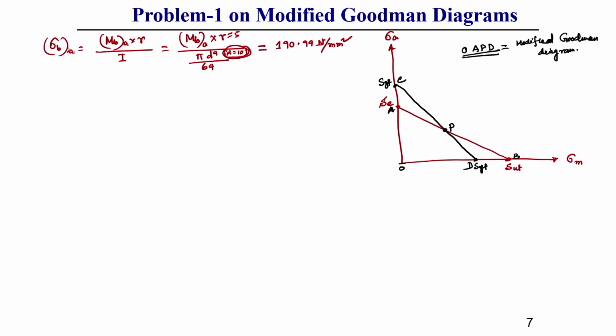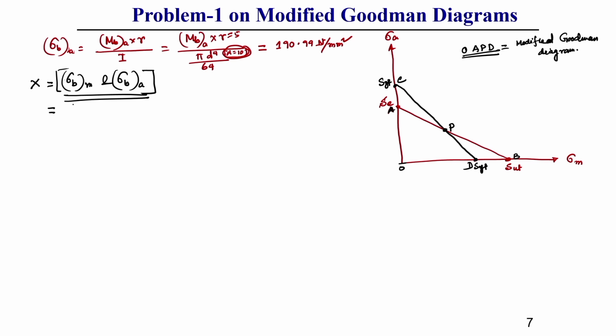Now, in this diagram we will plot the sigma b mean value and sigma b amplitude value. This is actually the x point. We will find this x point by putting these two values. So, what is sigma b m? Sigma b m I have already calculated, and that we got as,